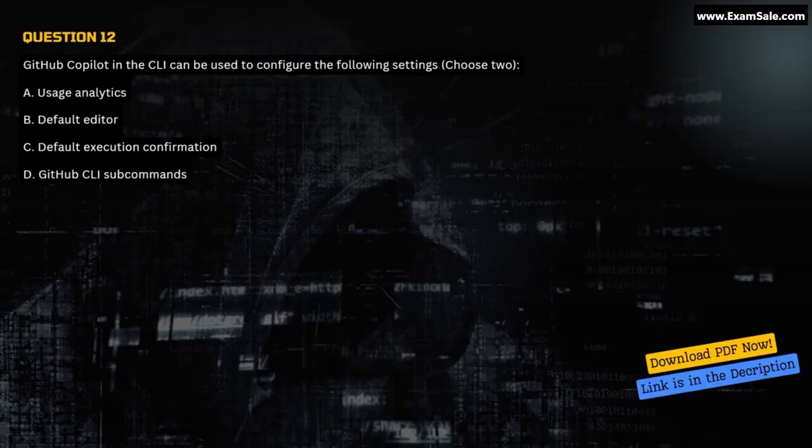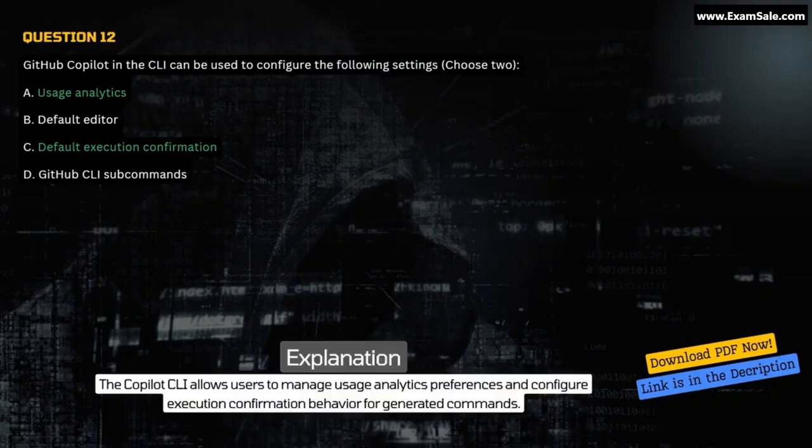Question 12. GitHub Copilot in the CLI can be used to configure the following settings. Choose 2. A. Usage Analytics. B. Default Editor. C. Default Execution Confirmation. D. GitHub CLI Subcommands. Correct answer A and C. Usage Analytics. Default Execution Confirmation. Explanation. The Copilot CLI allows users to manage usage analytics preferences and configure execution confirmation behavior for